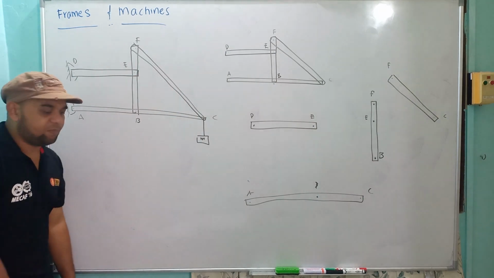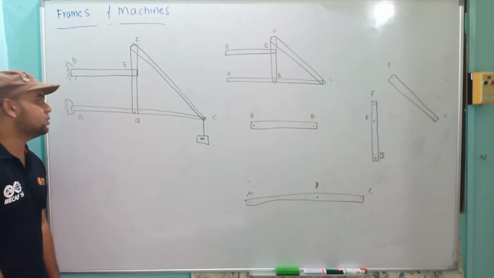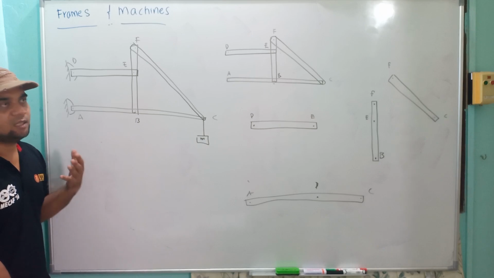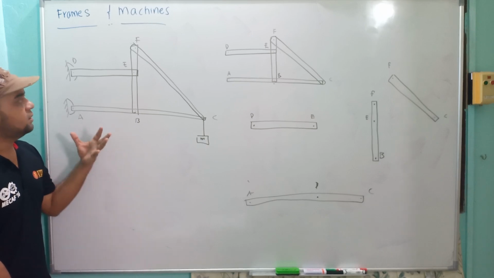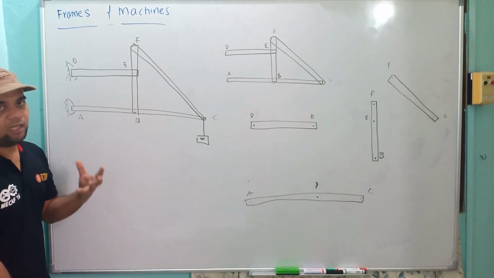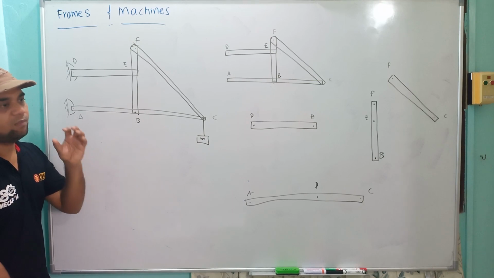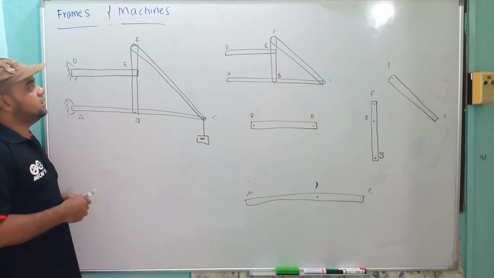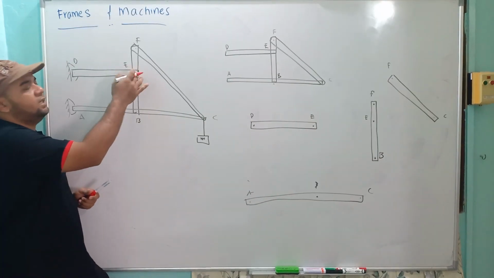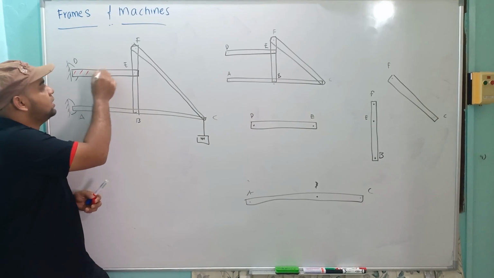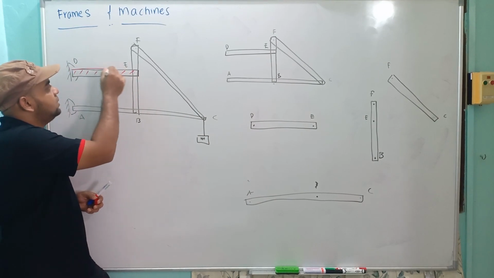Like I said in previous example number 2, we have to identify the 2 force members in that diagram, so that we can directly acknowledge the 2 force member by putting the force accordingly. In this case, from here we have D and E. There's no mass and no external forces, so D and E can become a 2 force member.